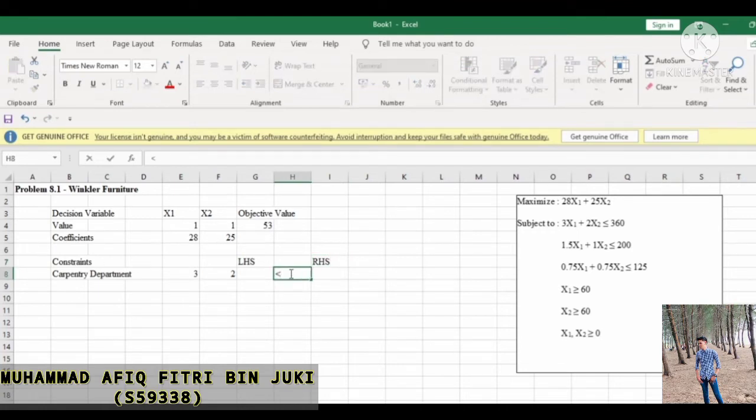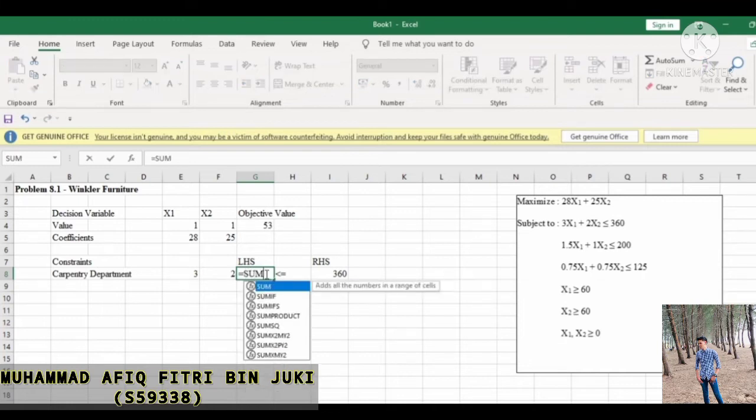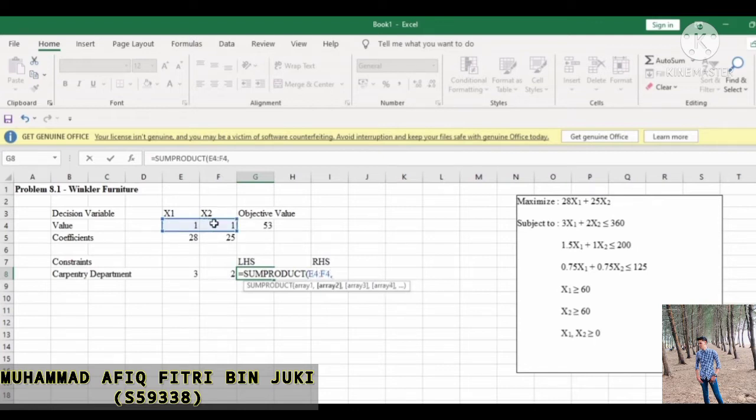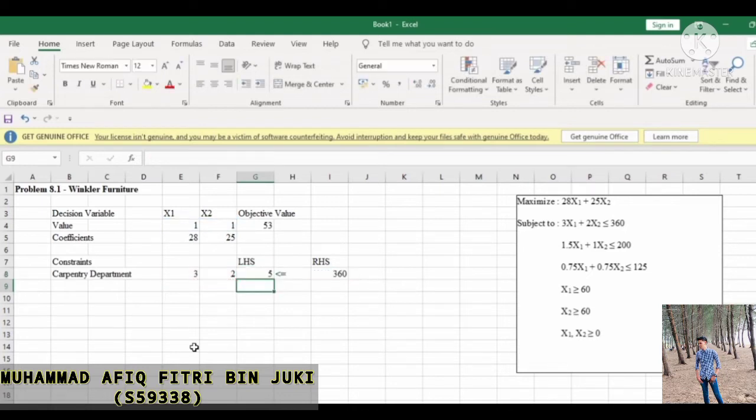Here I put less than or equal because the first constraint is less than or equal to 360, and we do equal SUMPRODUCT and take the value